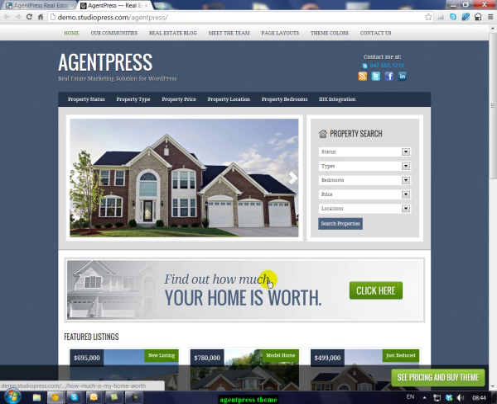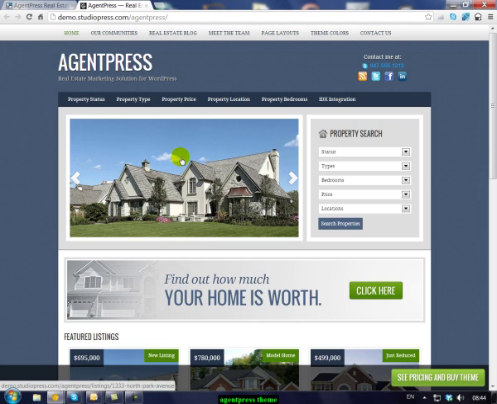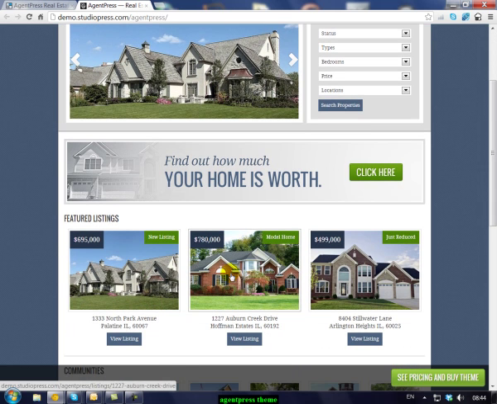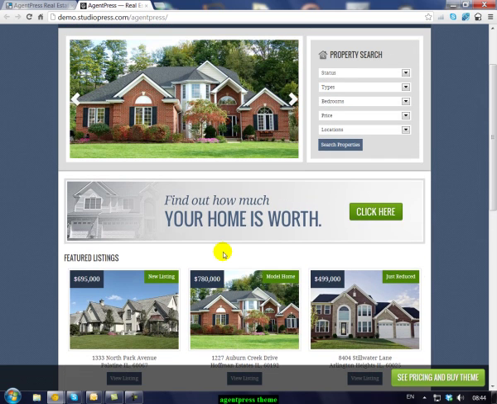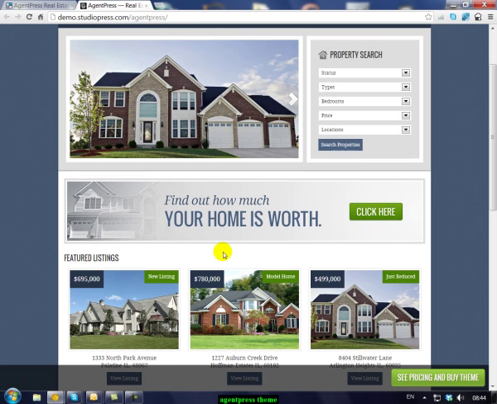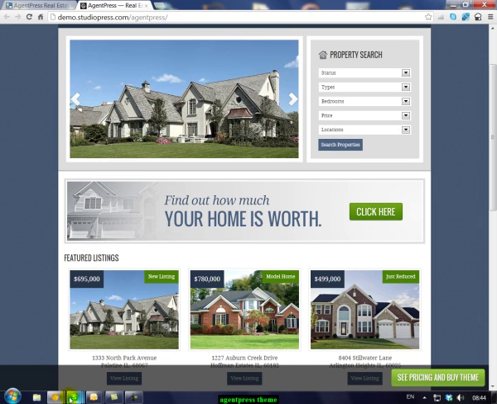theme that you will have once you've uploaded it to your WordPress website. This is what it will look like. These are just demo images here, which obviously will be removed once you start to insert your own listings. So let's get over to my WordPress site that I already have set up with this particular theme on,